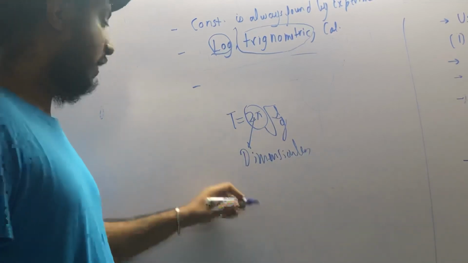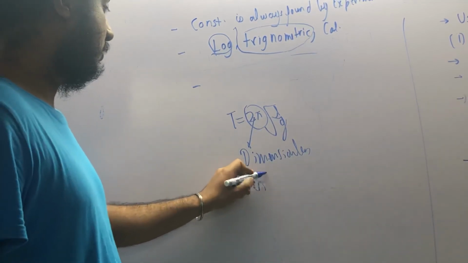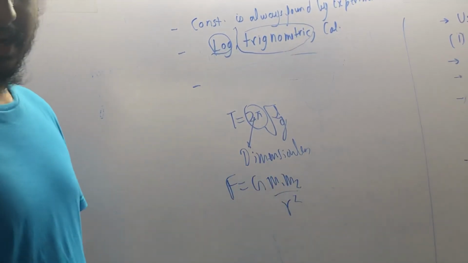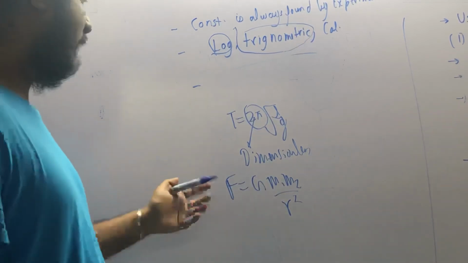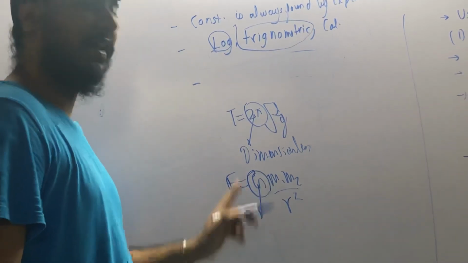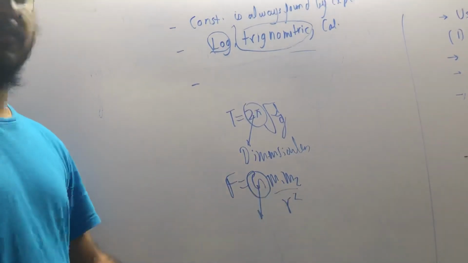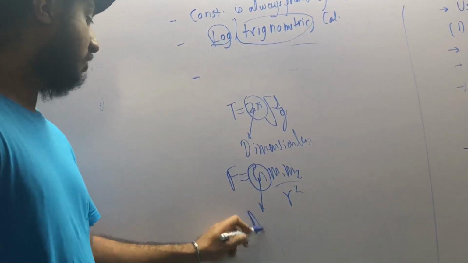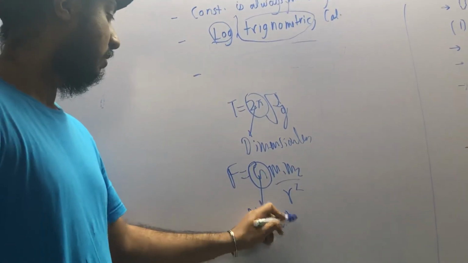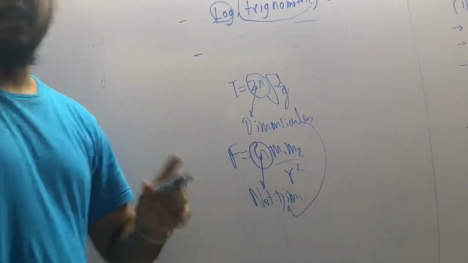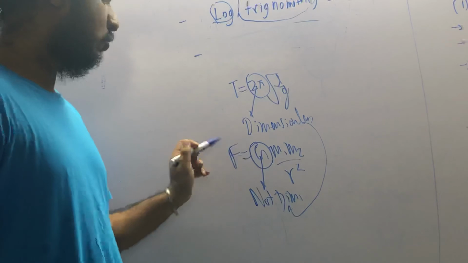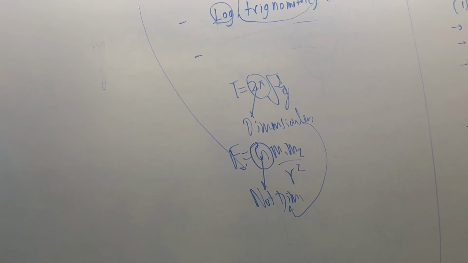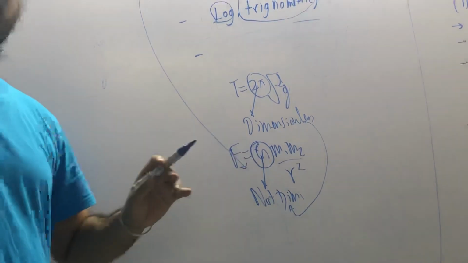Okay, but now I will give you another example. This example is regarding the gravitational constant. You have not studied it, but this G is known as the universal gravitational constant. Basically, this is the force between two planets, experienced between two planets. So this G is not dimensionless. So you cannot use dimensional analysis to find its formula. You can only use dimensional analysis to find the formulas where the constant is dimensionless.